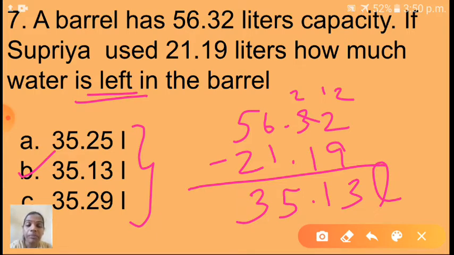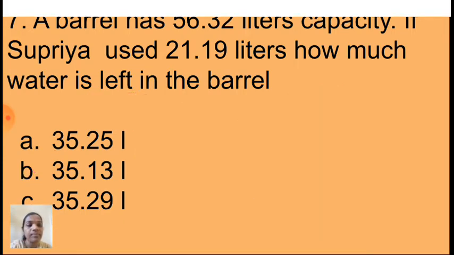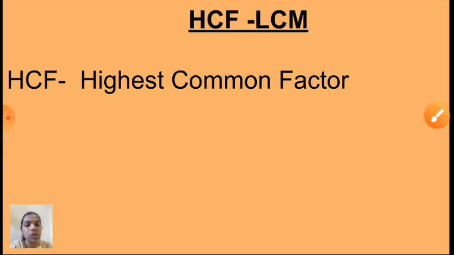Okay, so children, be ready. That word problem also can come. So what to do? Practice in your home. Next one is, see here children, decimal fraction revision was over. So I hope you understood. As I told, all practice set and word problem you have to practice in your home. And some questions I have given for your assignment also, and written work also I have given. Isn't it children? All sums you have to practice. Understood?